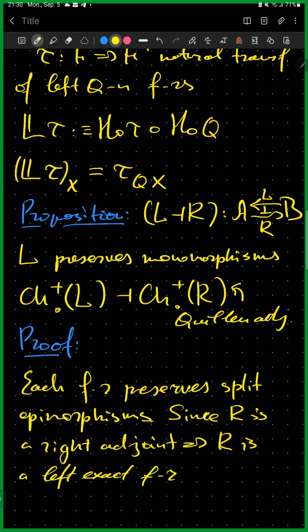And this in turn implies that it preserves kernels. So now